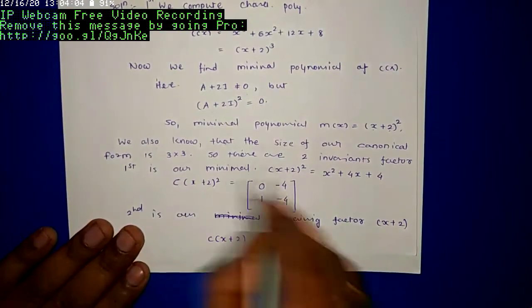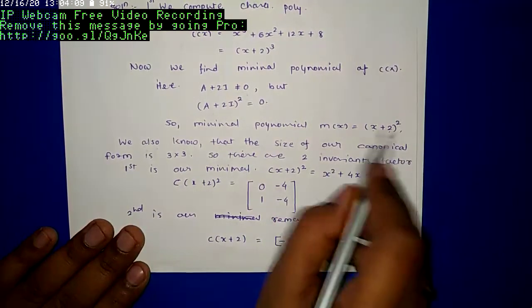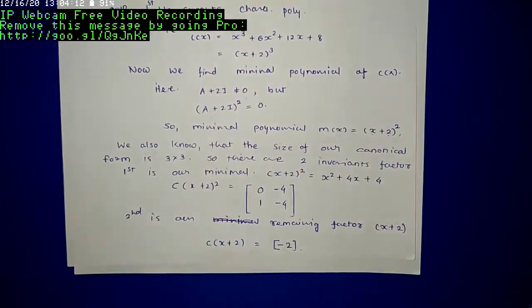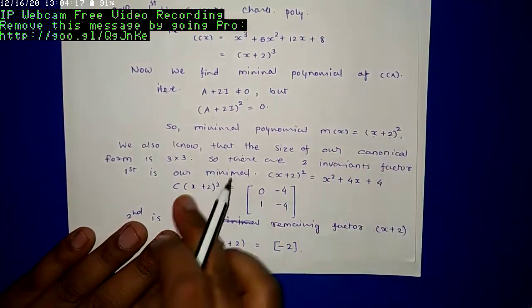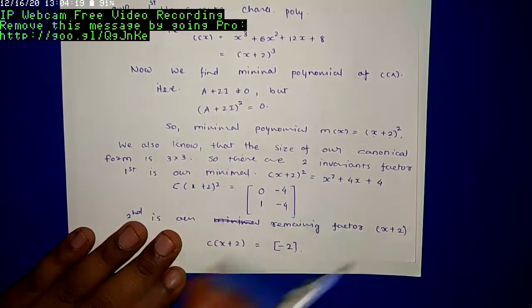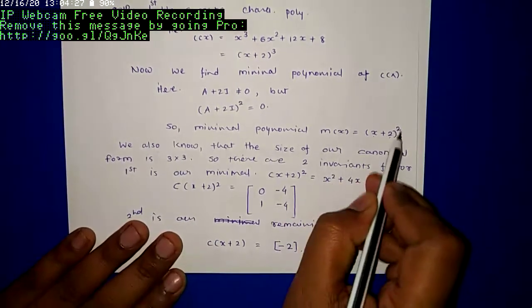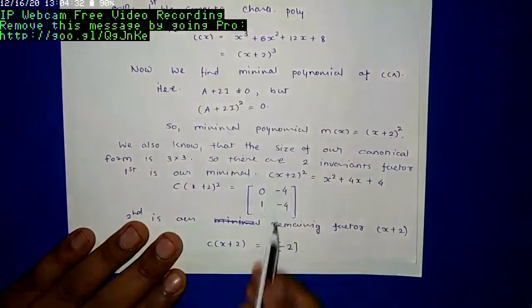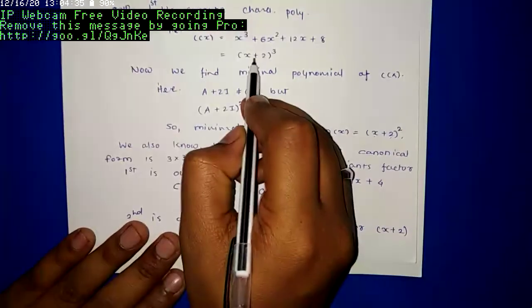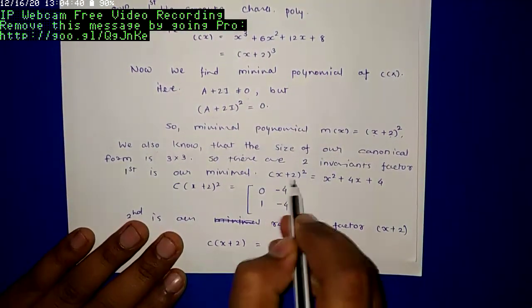So there are 2 invariant factors because your minimal polynomial degree is 2. If your minimal polynomial is C(x), then we don't want to do anything because if your m(x) is 3 cross 3, what is the size of the companion matrix? 3 cross 3. So your companion matrix must be your RCF. But in our case, the degree of the minimal polynomial is 2, so we need another factor to make the RCF 3 cross 3. So let me take x + 2 as another factor. So we have two factors, (x+2)^2 and another x+2.